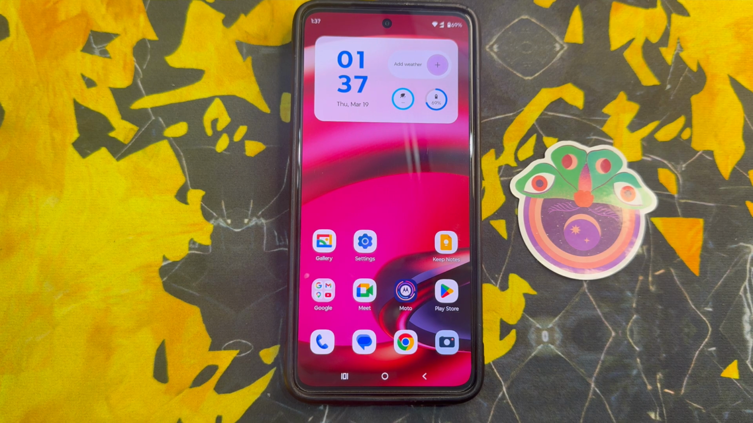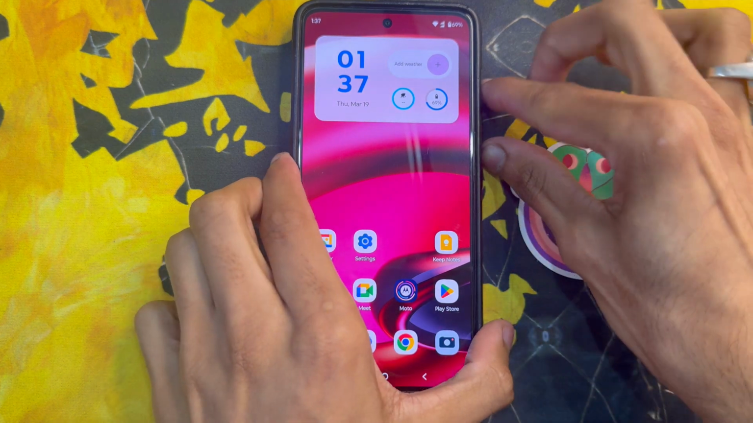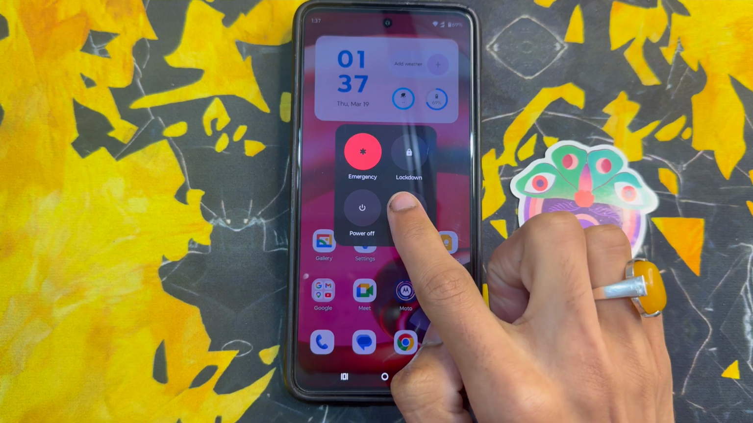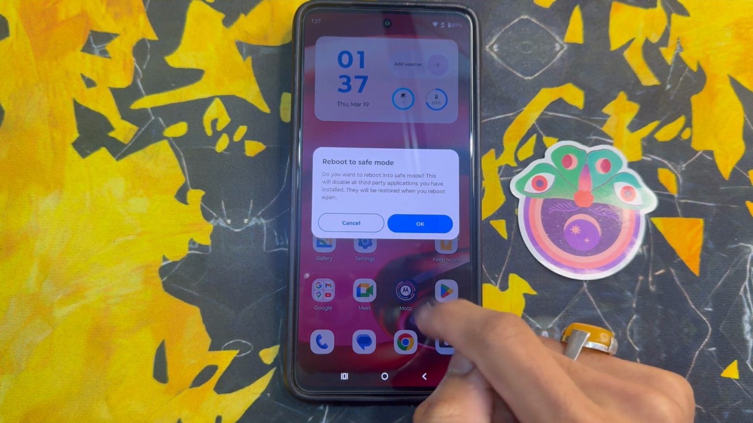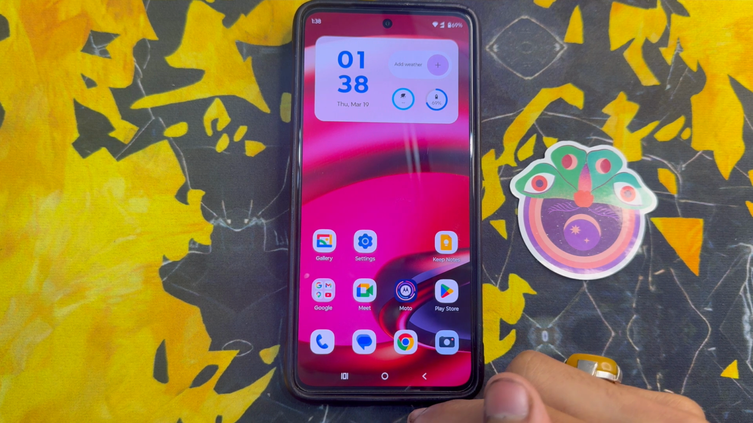First of all, if you want to fix this problem, restart your device. Just click and hold the side power button and volume up button at the same time. You will see the restart device option here. After restarting the device, you will see your problem is solved. But if it is not solved,